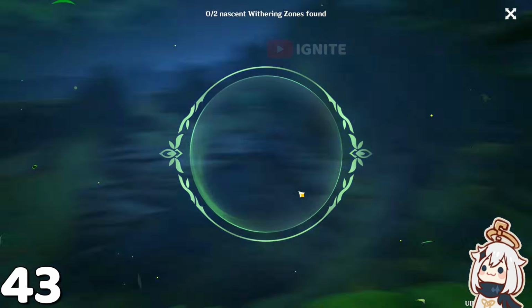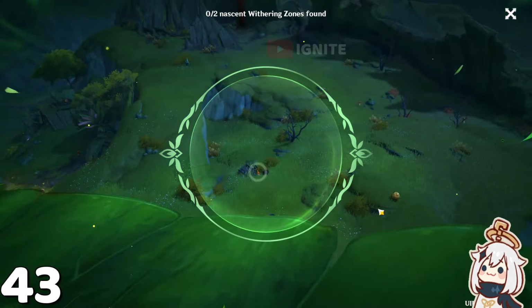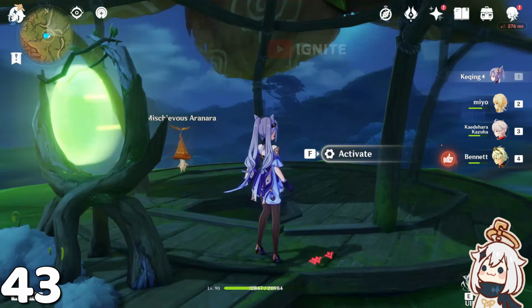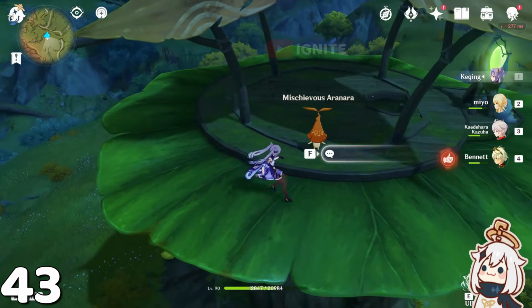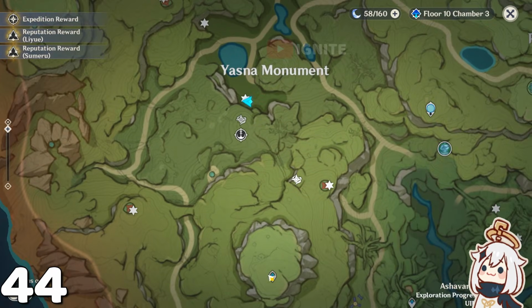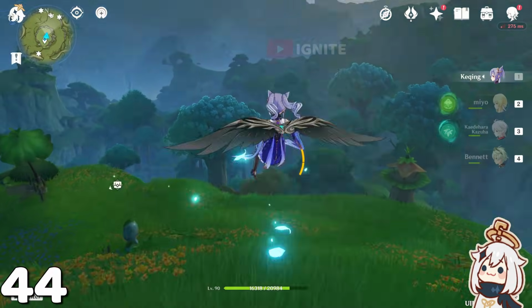Use the electro, and the next Aranara will be just below you. Here you will find the Aranara. Talk to this Aranara. You have to defeat all the enemies first, and after that you have to talk to this Aranara. The next location will be here, so come back to the waypoint, and from here you have